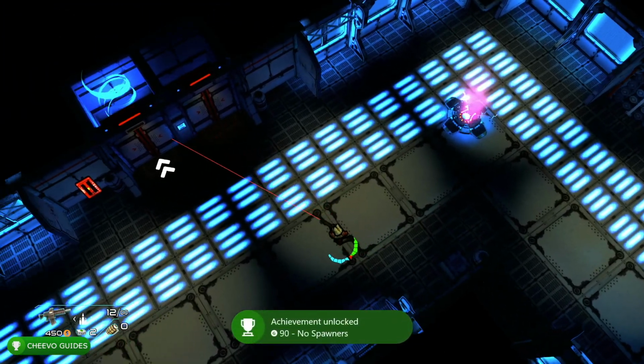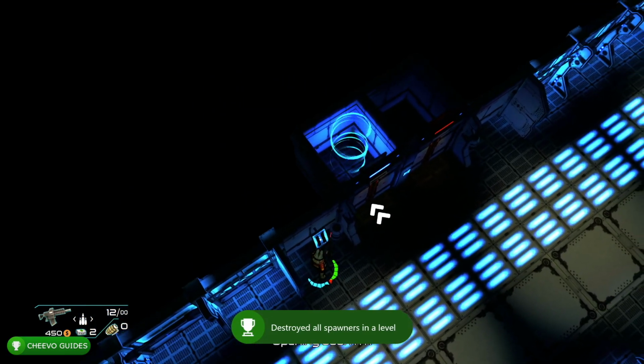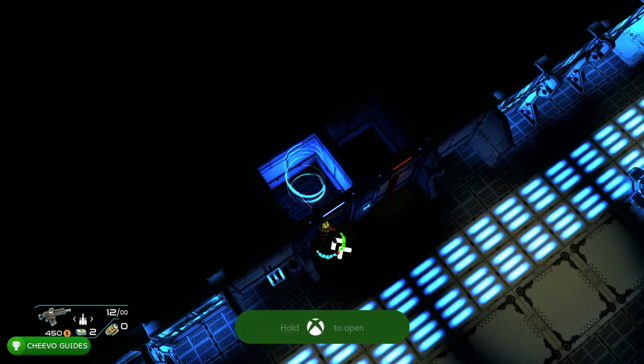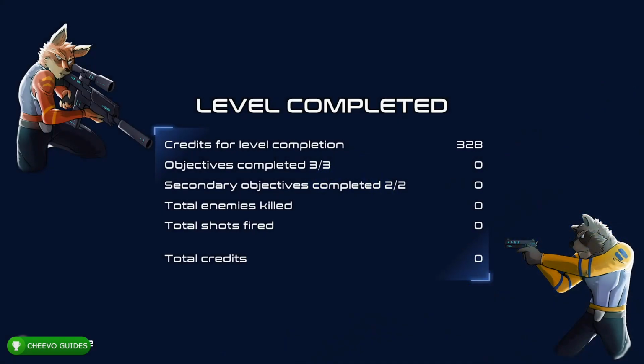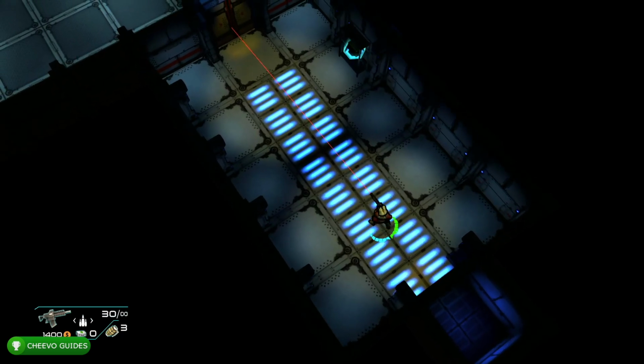Alright, so we just unlocked the No Spawners achievement worth another 90 gamer score for destroying all of the spawners in a level. Aside from that, use the last key card, go through the door, and we're going to complete the second level. Aside from that, guys, we only have one achievement left, and that's for dying by an explosive